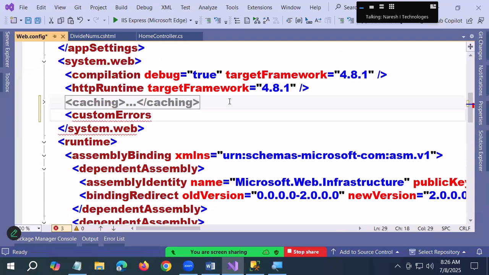Custom errors. Mode is equal to, we have three options here, guys: Off, On, Remote Only. The default is Off. Change it to On or Remote Only. What is Off? When the mode is Off,